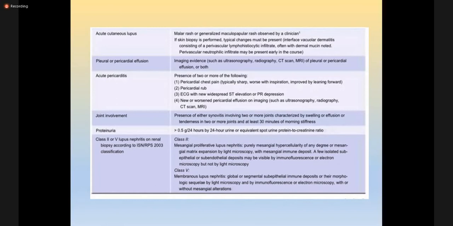Then in pleural or pericardial effusion, we usually can't think of pericardial or pleural effusion just on the basis of the patient saying I'm having chest pain or heart pain. But if on examination you find dullness on any side, decreased air entry, and decreased vocal resonance, then you will suspect that this patient has a pleural effusion.